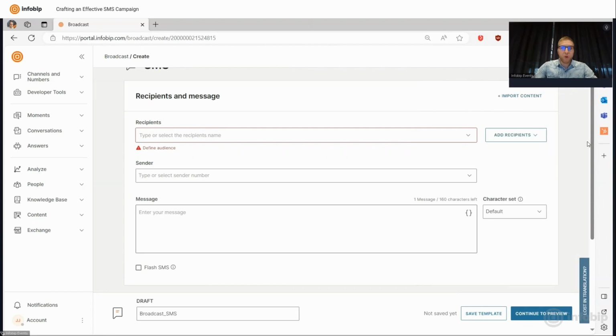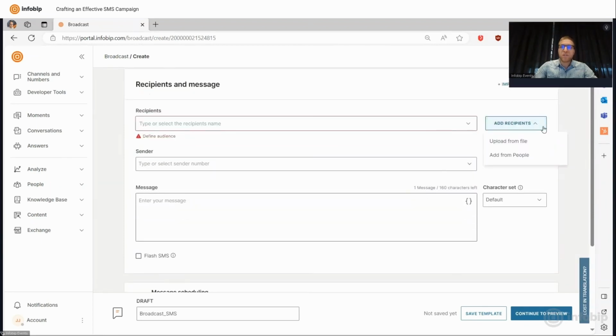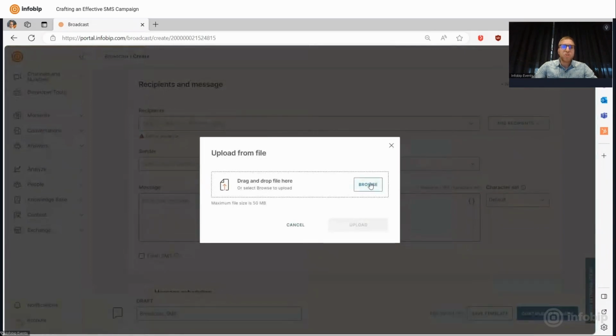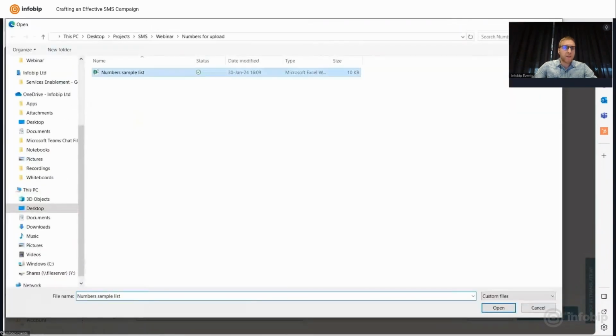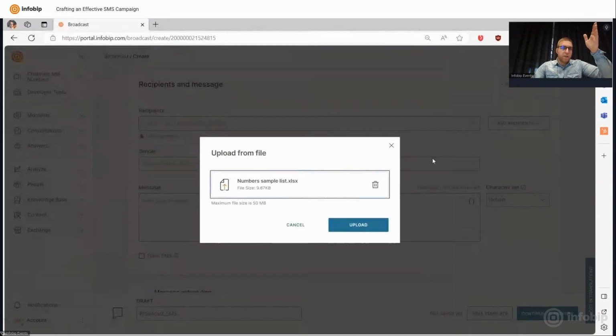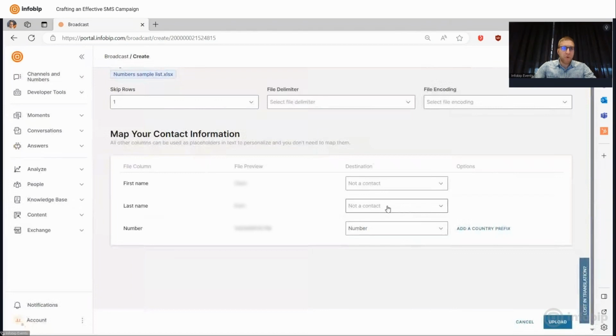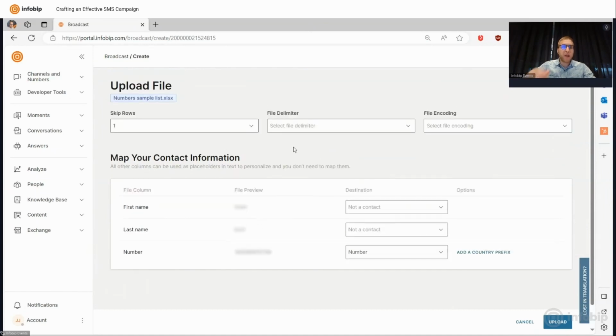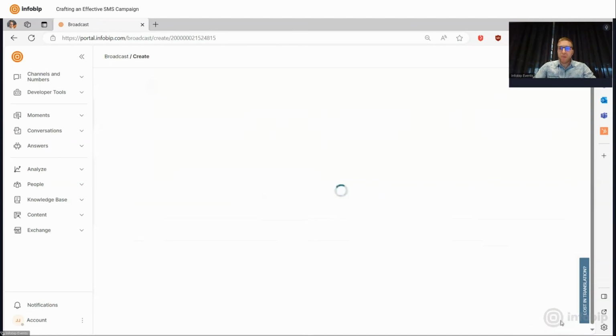But the option that you are going to probably be using the most is to upload from a file. So I already prepared a small Excel file with the number samples list, and this is really the most simple Excel that it can be. It has three columns: first name, last name, and a number. So that's all that we need to start our campaign. So I will click upload, and you can see the first name Clark, last name Kent, and the number. So our portal really recognized what type of data you are uploading. And when I click upload,